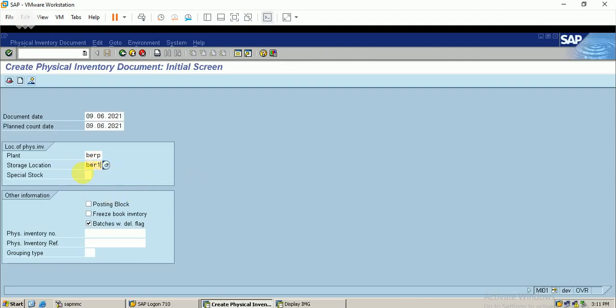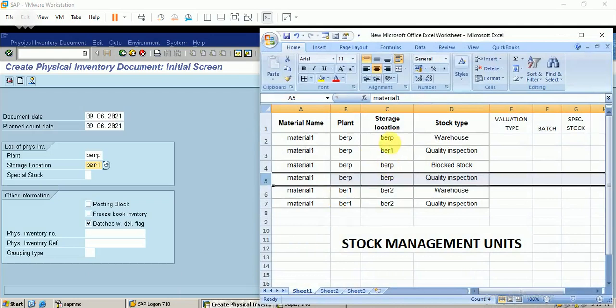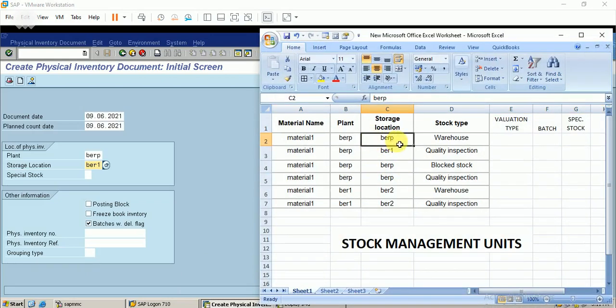I'm just showing the example. This storage location is linked with warehouse management, so I cannot do it with this. I just change the location to BR1. So we will process this second one and third one. So I just go with this.